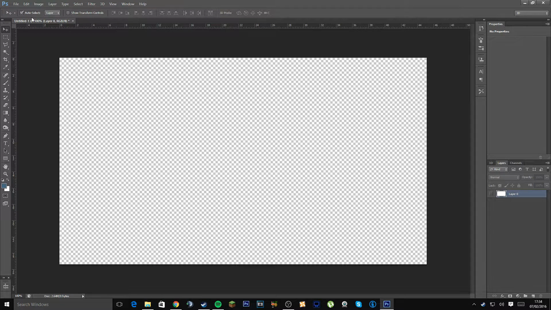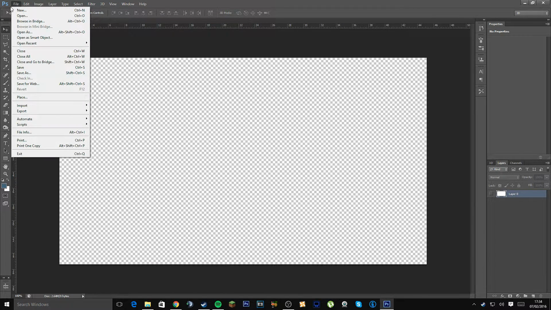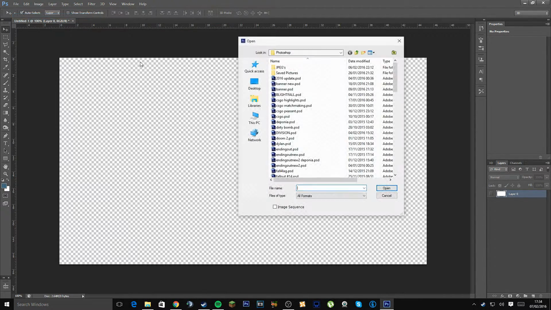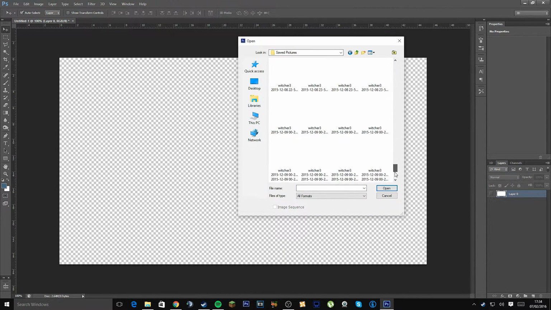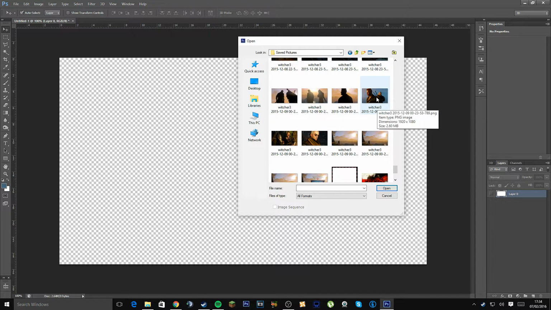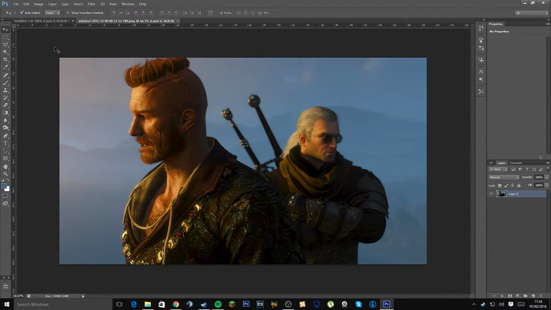So the next thing you want to do is just go and open your screenshot, or wherever it's saved, or if you have screenshotted it, just paste it in. I do have a Witcher 3 screenshot I want to use, so I'm just going to open that. Because I record at 1920 by 1080, obviously this is a 1920 by 1080p picture, so I'm just going to use the rectangular marquee tool to select it, and then you can do edit and copy, or just do Control-C,